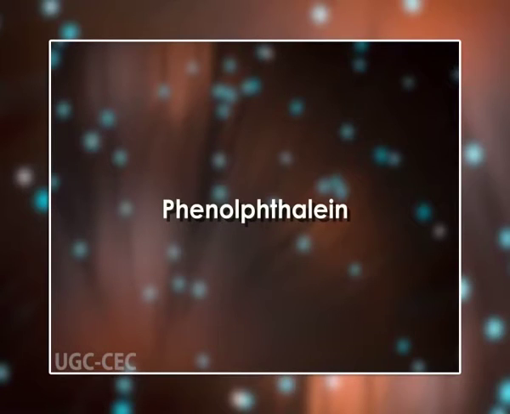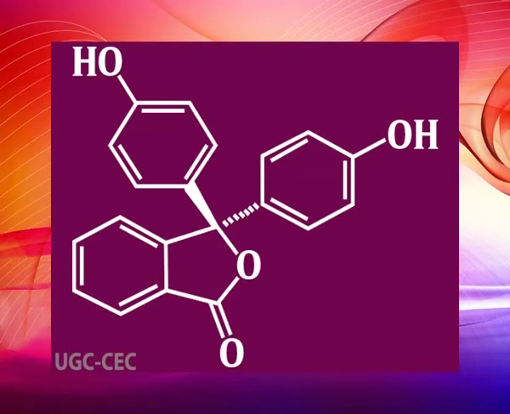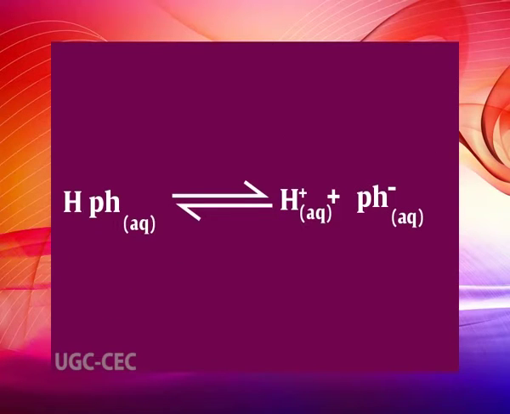Another very important indicator that's commonly used is phenolphthalein. Phenolphthalein is a weak acid, and in its case the weak acid is colorless and its ion is bright pink. Adding hydroxide ions removes the hydrogen ions from the equilibrium, which tips to the right to replace them, turning the indicator pink. The halfway stage happens at pH 9.3. Since a mixture of pink and colorless is simply a paler pink, this is difficult to detect with accuracy.